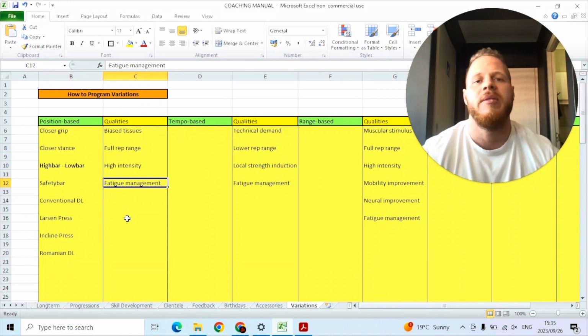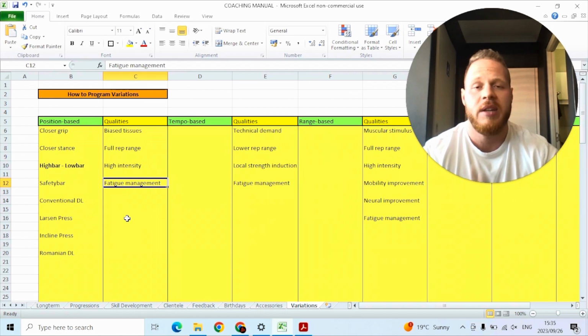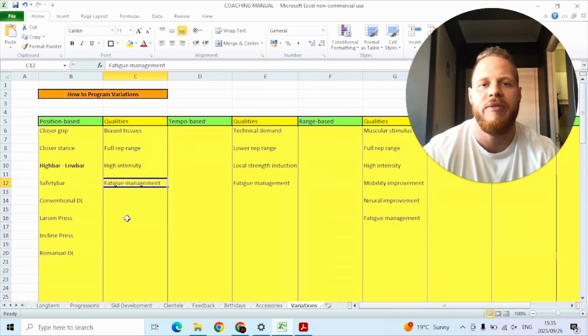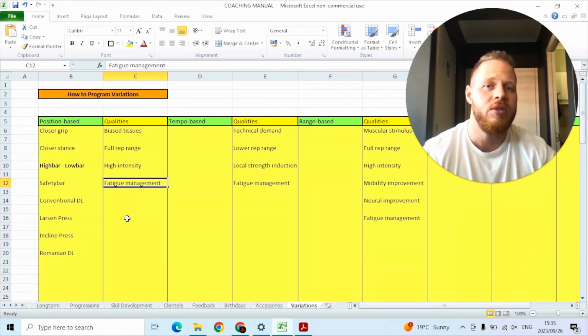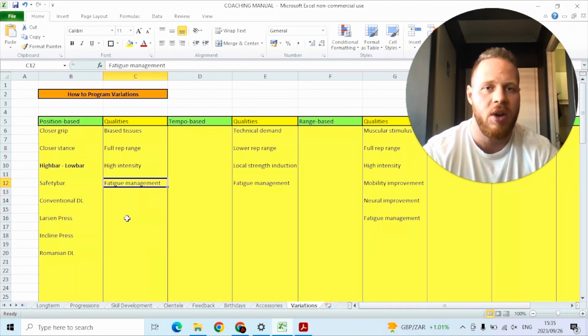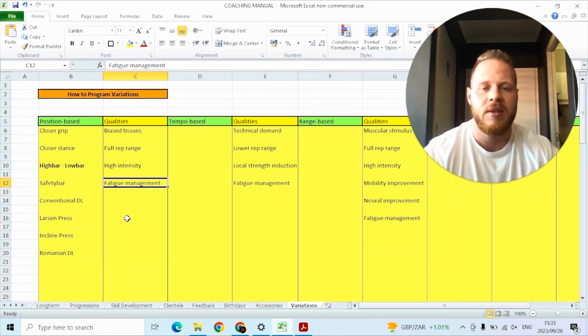In fact, what you'll probably find is, I'm going to take this example again. Let's say you can recover perfectly fine with 5 sets of competition squats in one day, but 6 will be too much for you. Your back can't handle it. Okay, what we can really do is push that down to 4 sets. Okay, 4 sets of competition squats, but now you can do 2, even 3 sets of high bar squats on top of that. Okay, now we've got a total workload that's a whole lot more than initially,